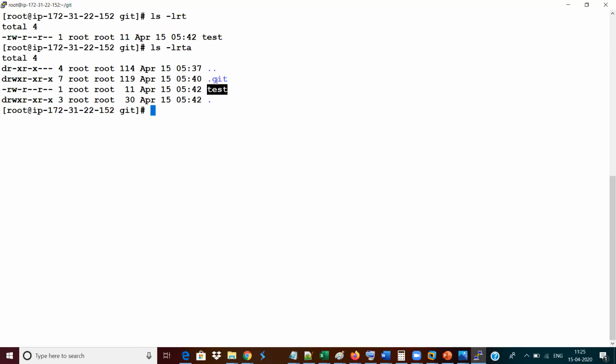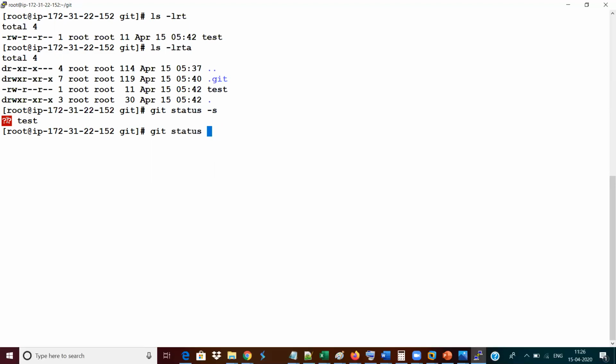Do you want to see that as proof? Check out here. If I ask Git, git status is a command, and if I give -s now, it will give me an output. Check out what the output is. The output shows there is a file called test which is external to Git and not internal to Git, and it is showing as an unknown file. I'm showing the status in a shorter form. That is why you see it this way.